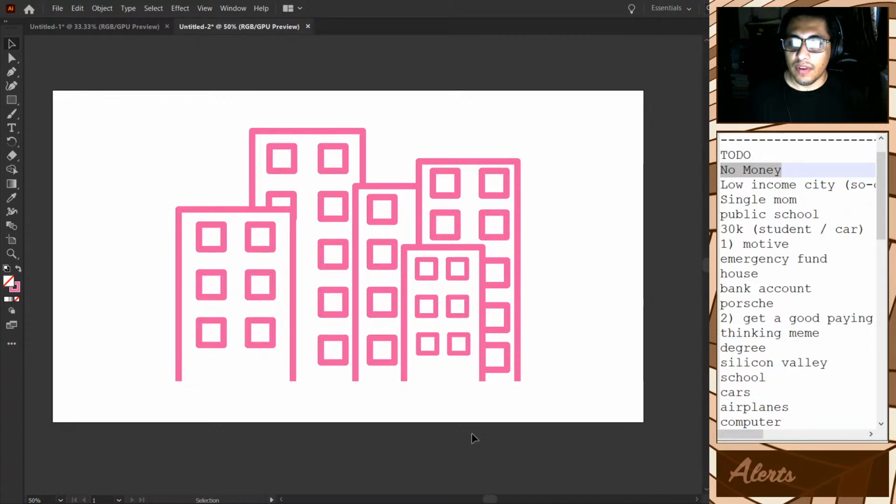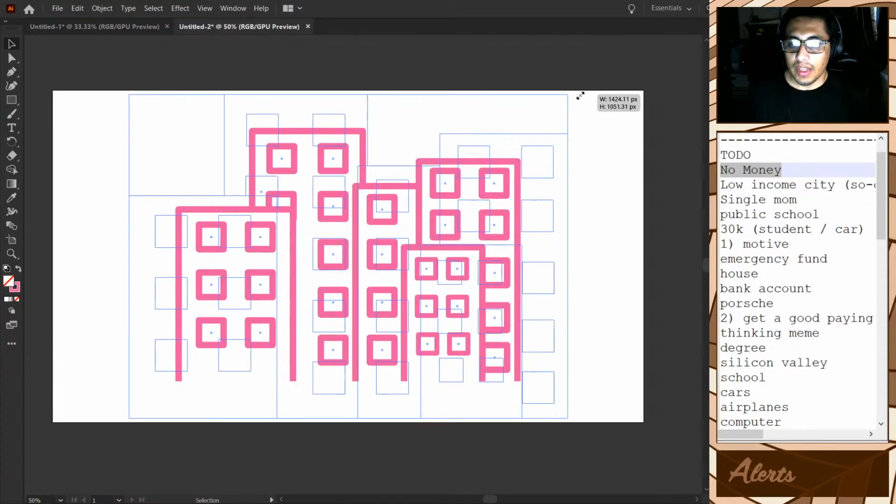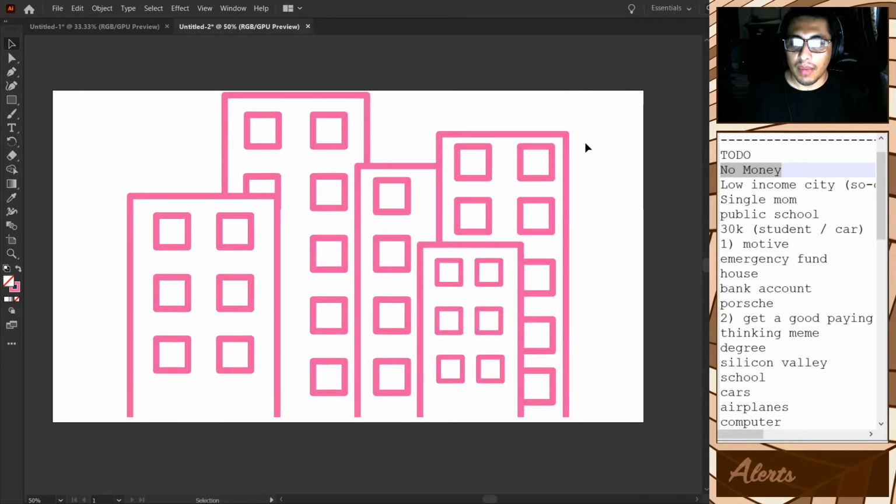This might be very big. What I like to do for this channel is make it as big as possible to have the maximum resolution. Now I'm seeing that I should move them a little further away. In fact, I could make the stroke a little bit thicker.